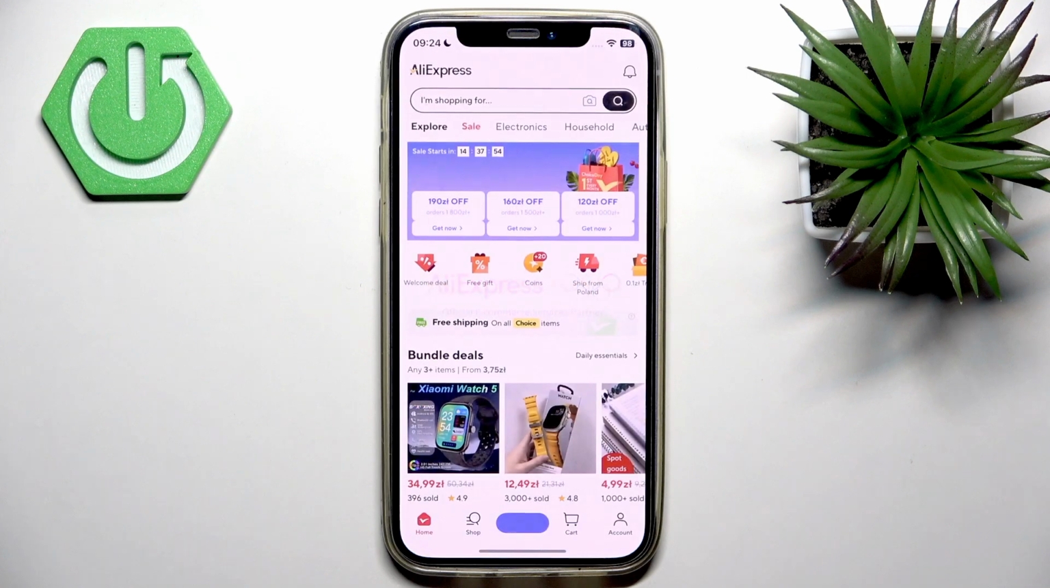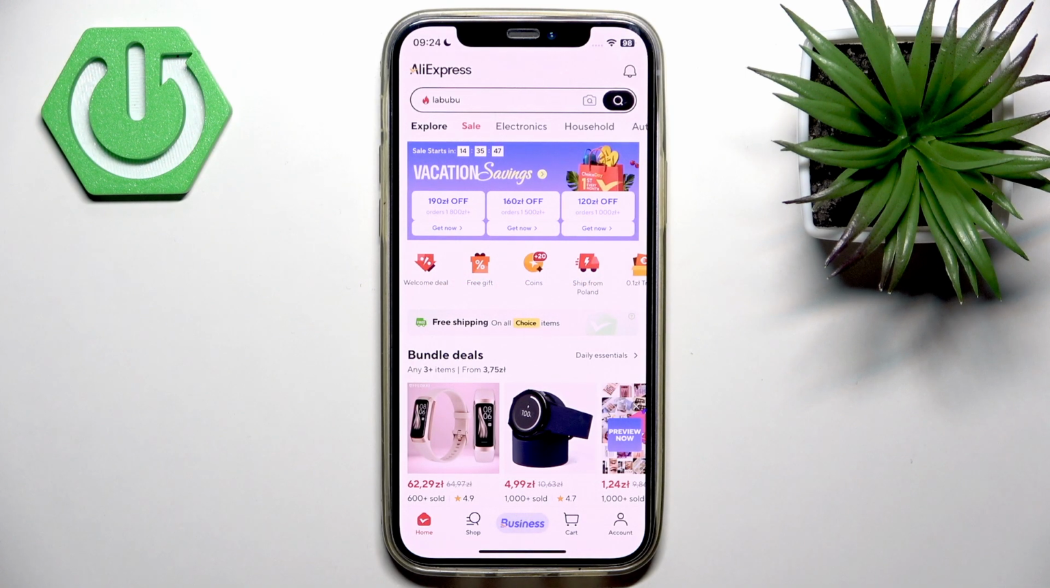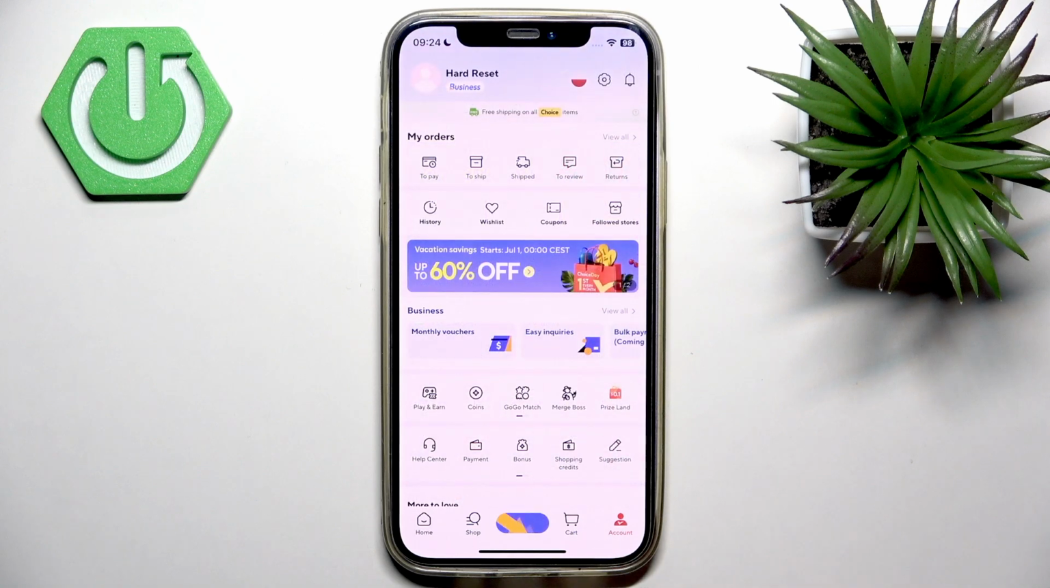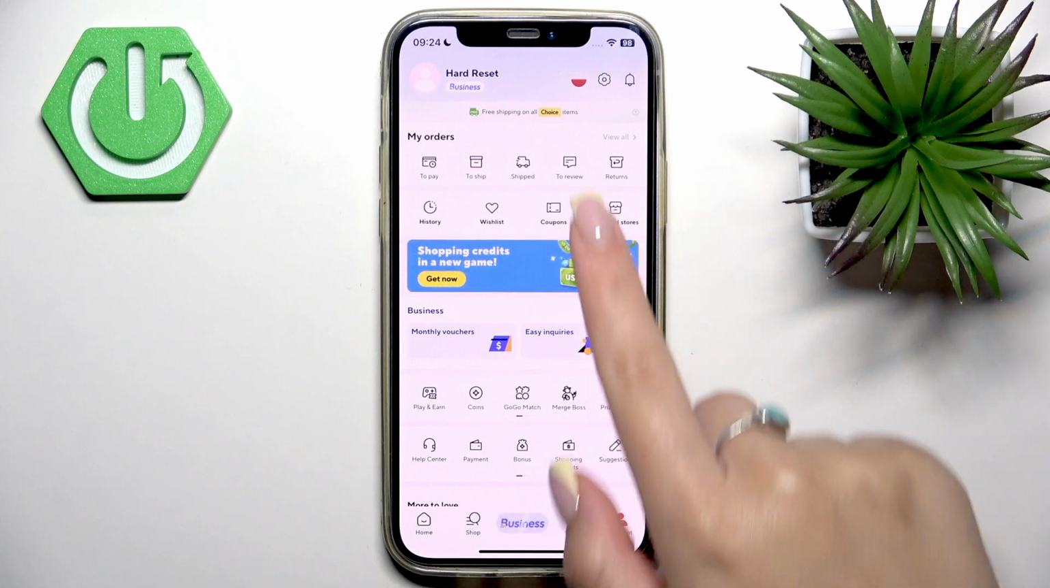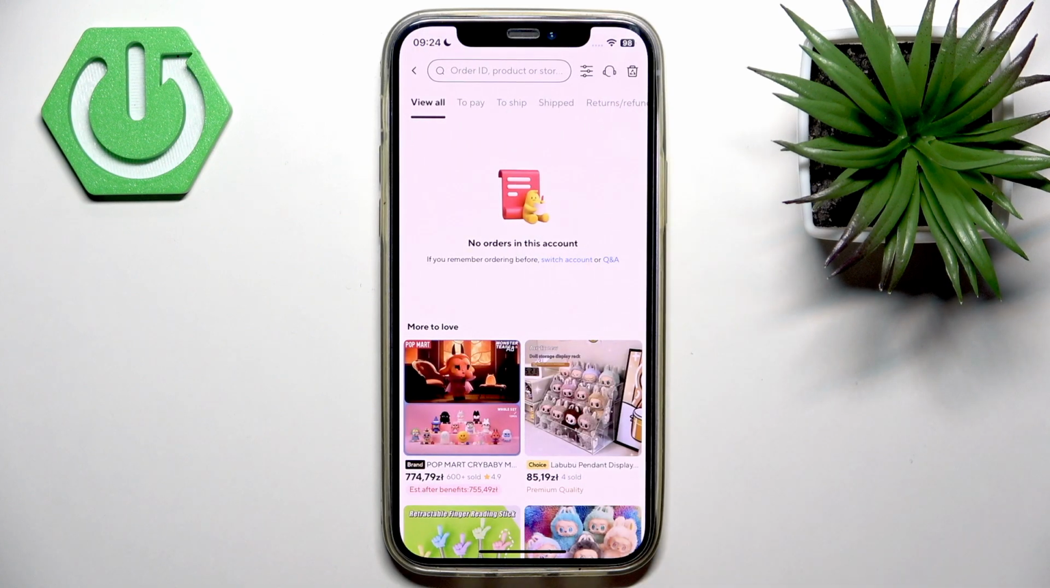Open the AliExpress application on your device, and then at the bottom you see your account section, and then at the top you see my orders tab, and here find the view all button. And here from this list you should find the order that you want to cancel, then tap on it to